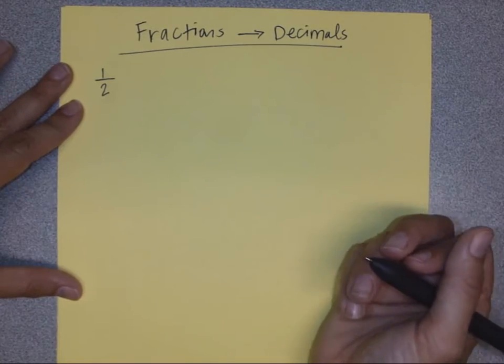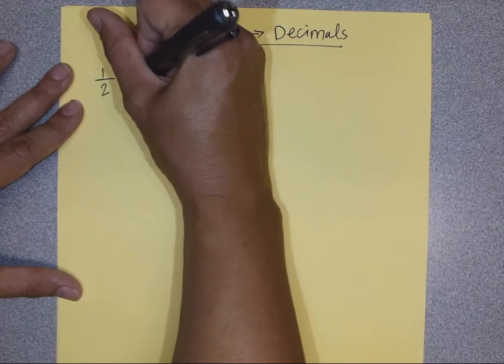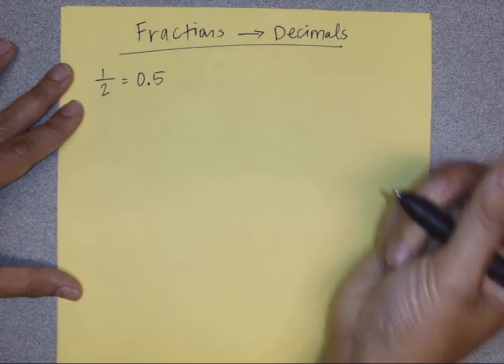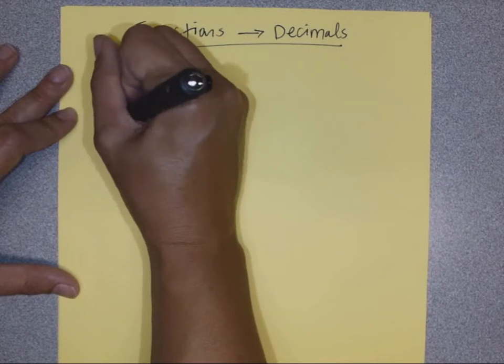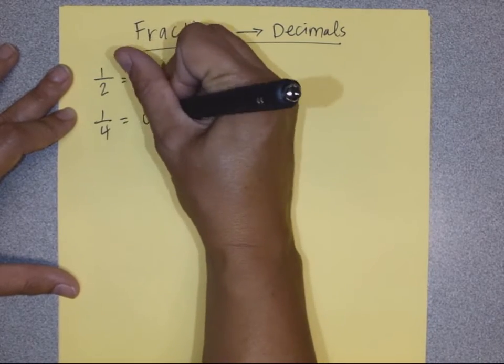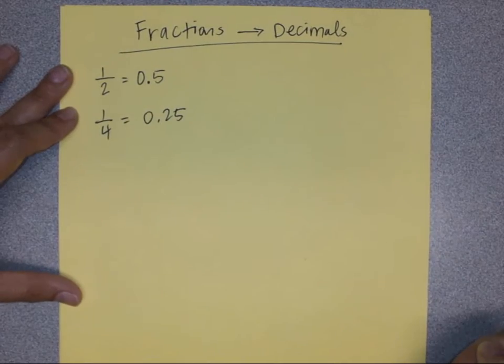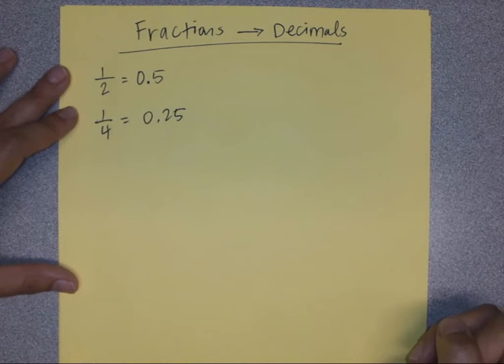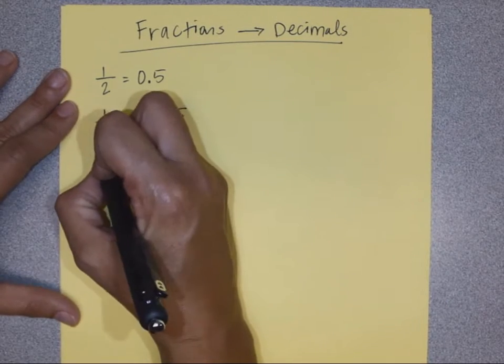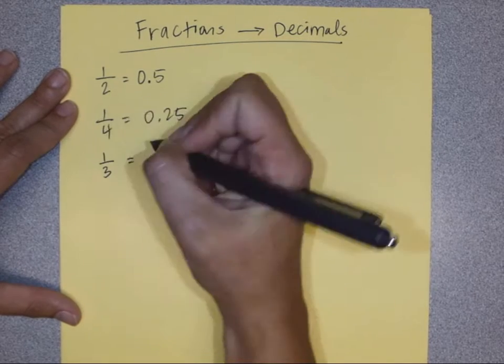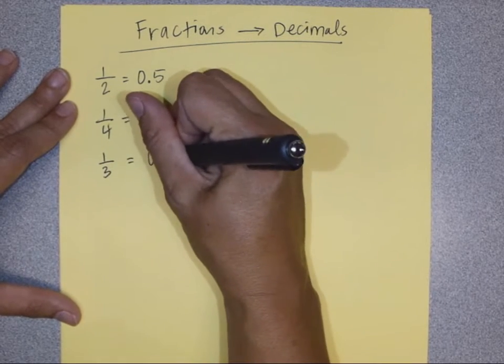The decimal representation for 1/2 is 5/10. Another one that's pretty common that most people know is 1/4, and that is 25/100. Another one that's pretty common that a lot of people know, and it's mainly because it's kind of a weird one, is 1/3, which is represented as